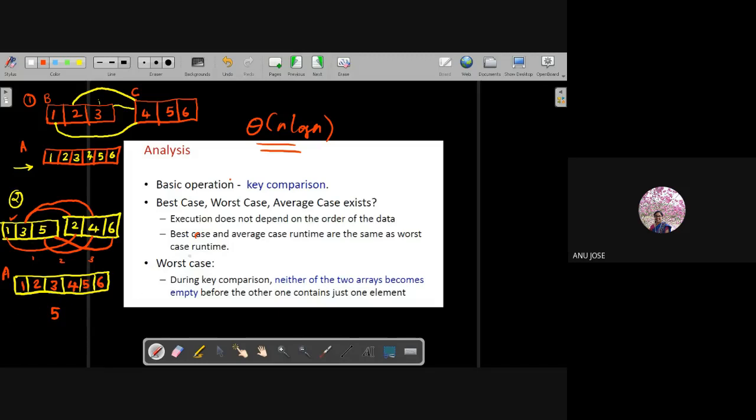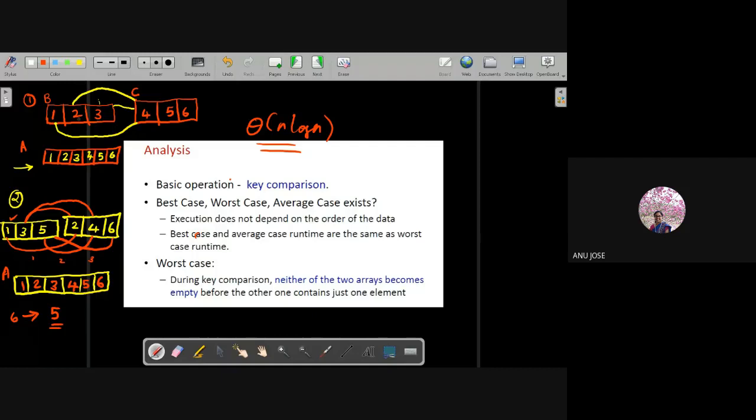That is why, while explaining, I mentioned the worst case scenario: the maximum number of key comparisons has been performed here. For a 6 element array it took 5 key comparisons, which is the worst case. All elements are compared with elements in the other array. Only one element was directly copied to the resultant array.